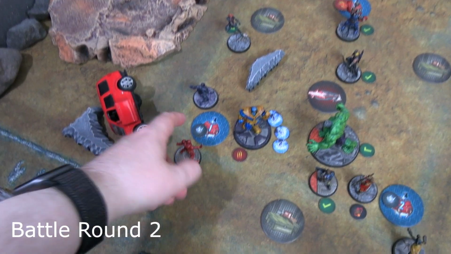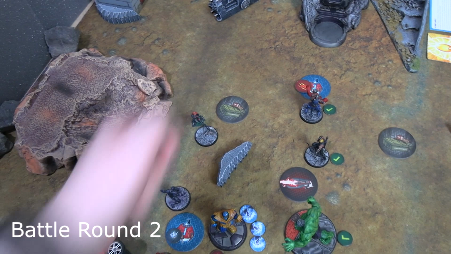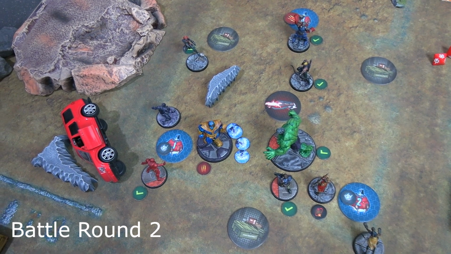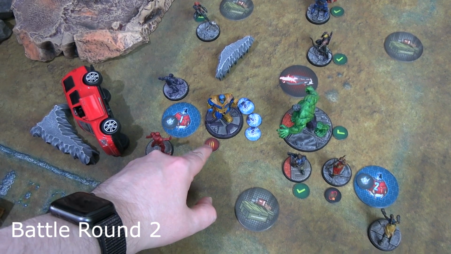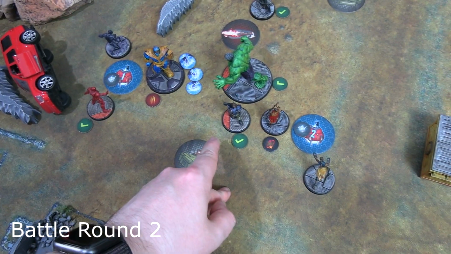Black Widow shot Widow's Kiss at Thanos, couldn't get through his defense. Moved up to where you can see her. Did she take a core? No, she didn't have any power to take a core. Then Iron Man activated, moved up, deposited the core he was holding into there, shot homing missiles at Thanos, did nothing. And then the Winter Soldier activated, moved up and did a